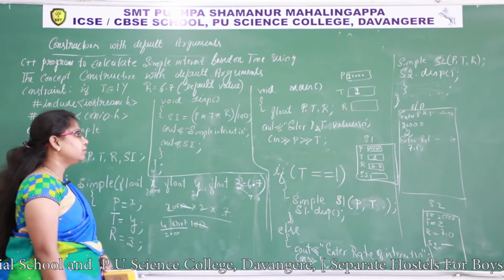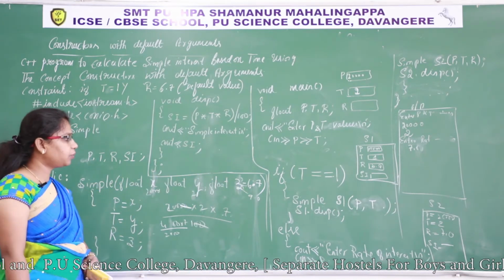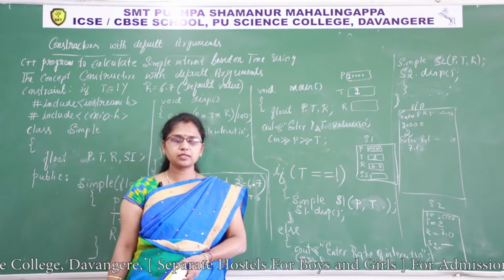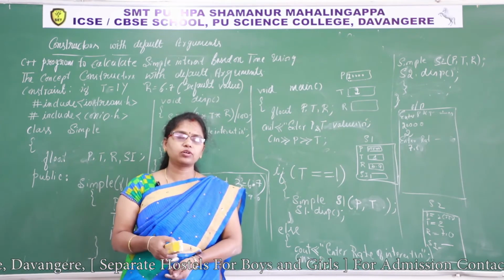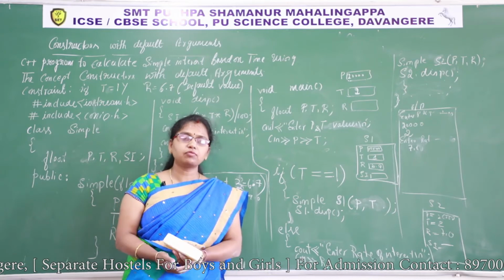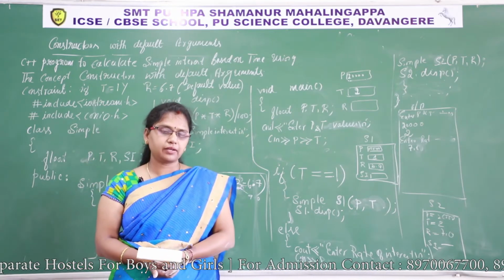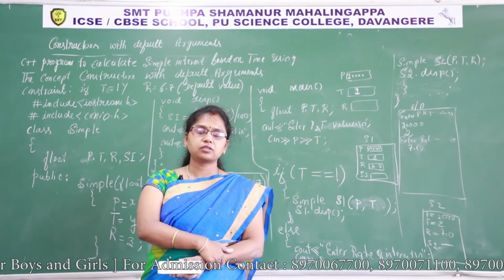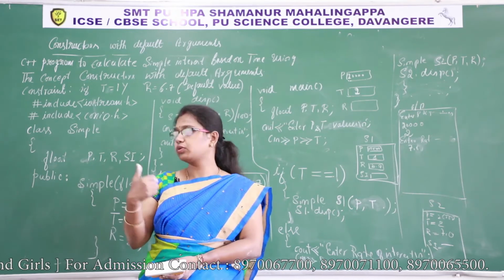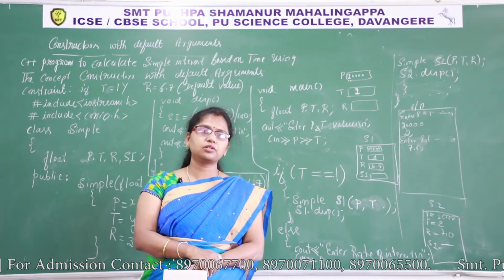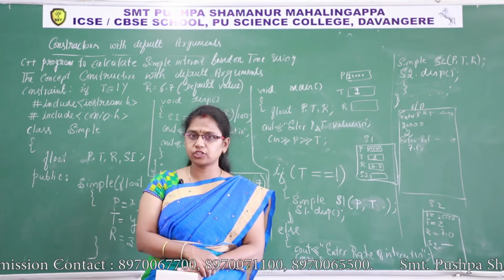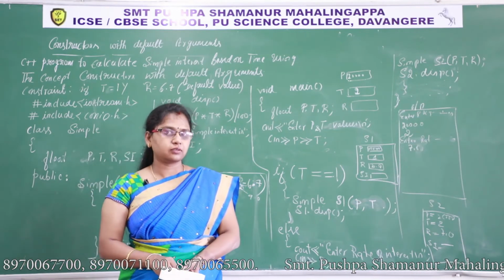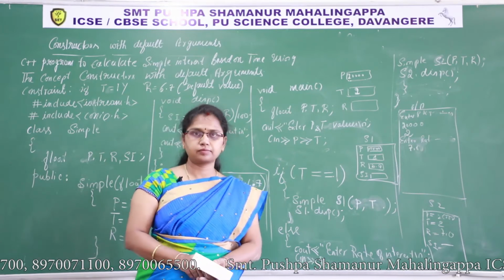So in this way we can manage different objects with the help of a constructor with default arguments. I hope you understood this concept. There is a question: explain a constructor with default arguments. How to write the answer? By giving default values in the header of the constructor, we can manage different objects using only one constructor, and we can avoid constructor overloading and many constructor definitions. Let us take an example. Through any of these examples you can explain this concept. Understood?